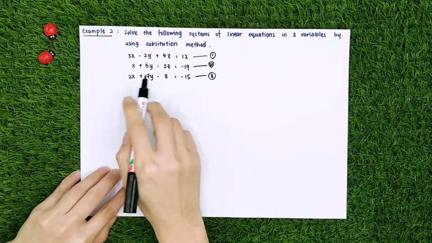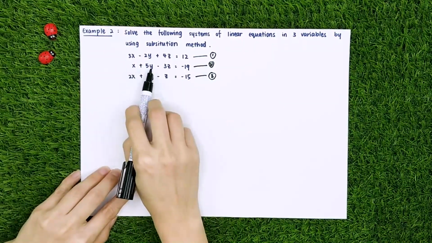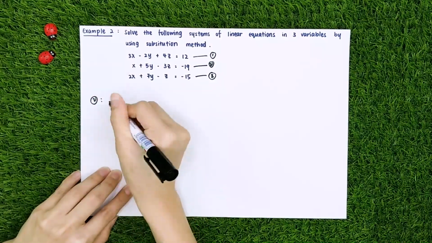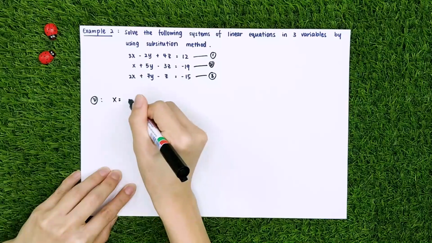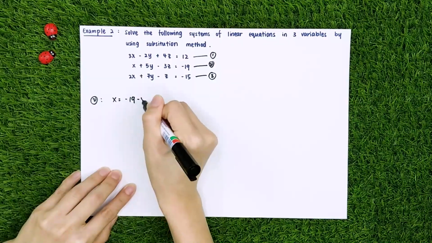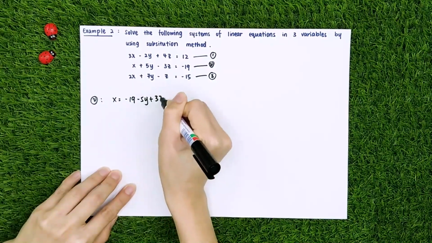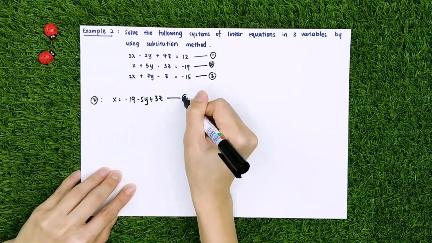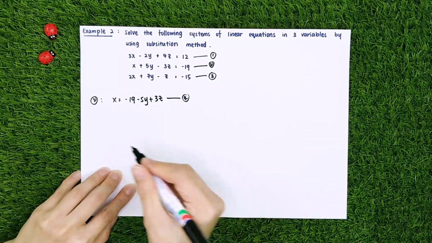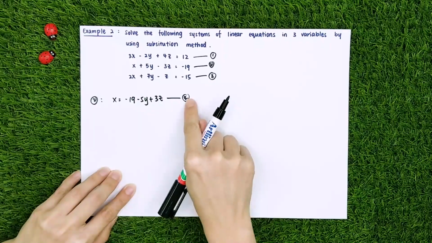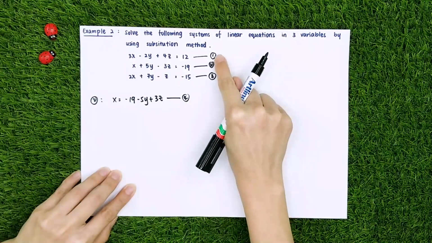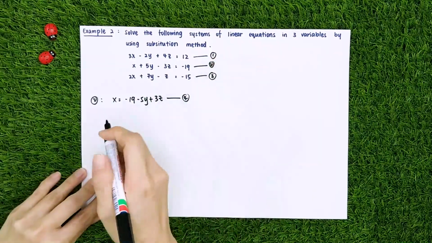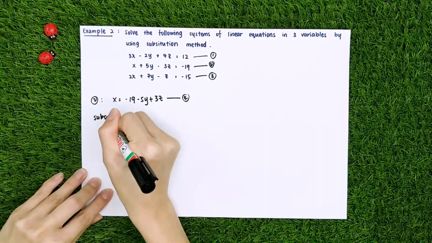Okay, now I choose to express x in terms of y and z. Okay, so for equation 2, I will express x in terms of negative 19 minus 5y plus 3z. Okay, this is my another new equation which I label as equation 4. Now I will substitute the equation 4 into either equation 1 or equation 3. Okay, let me start with equation 1 first. So substitute